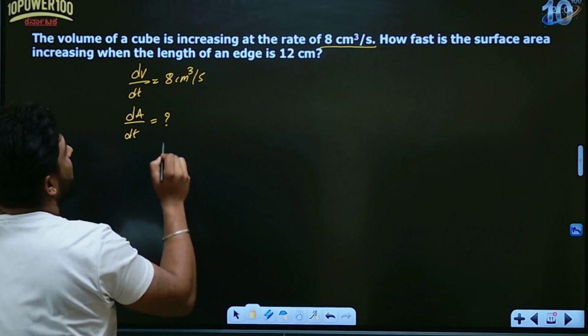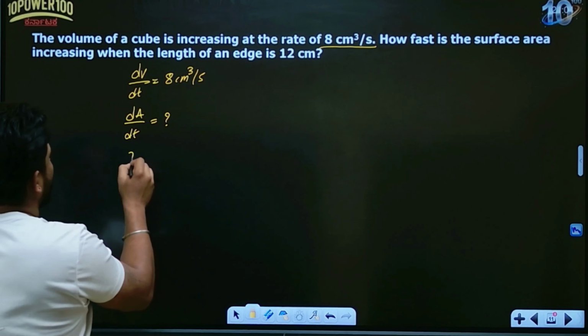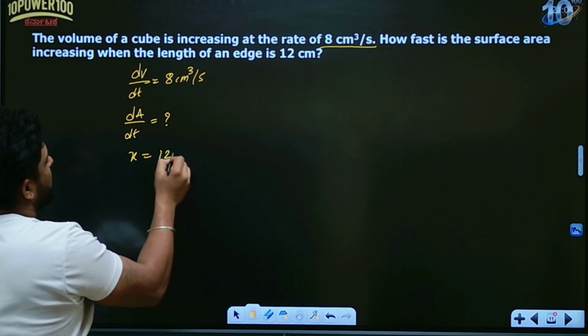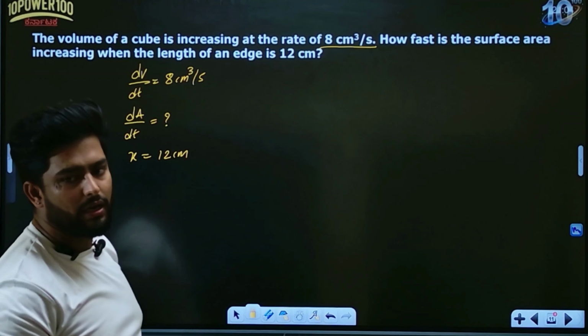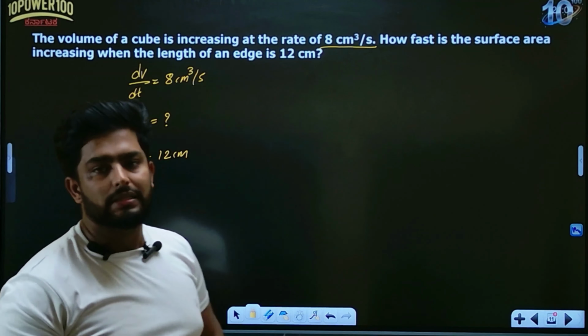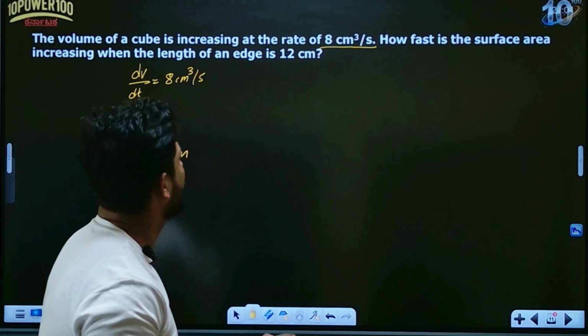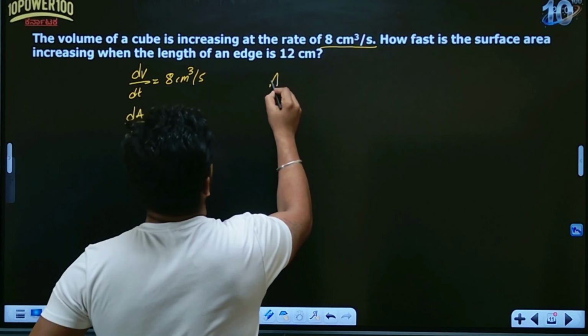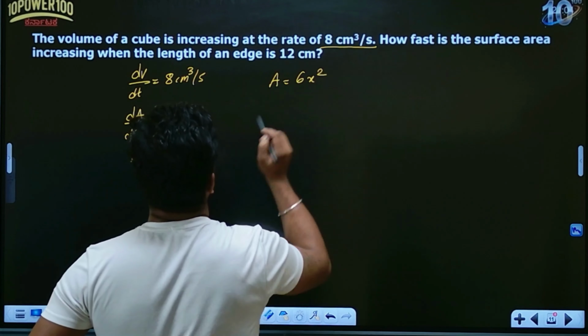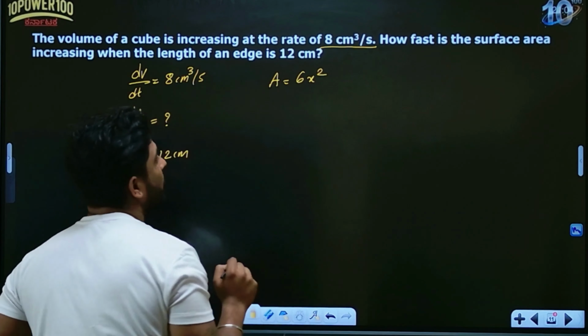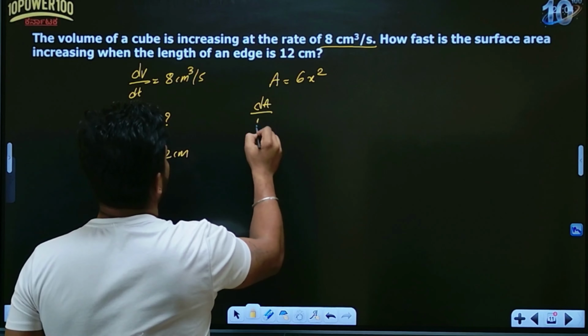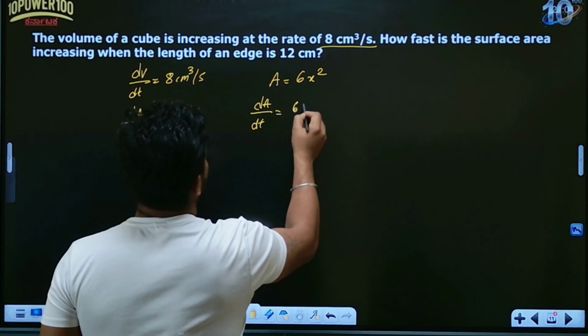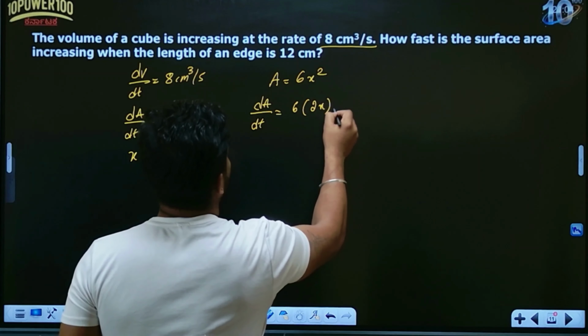If the length of an edge is 12 centimeter, that is nothing but the edge of a cube. Okay, so the edge of a cube is x. x is equal to 12 centimeter. Since they're asking about a cube, the surface area is 6x square. Let's differentiate this with respect to time. So dA by dt is equal to 6 into x square differentiation, which is 2x into x differentiation,